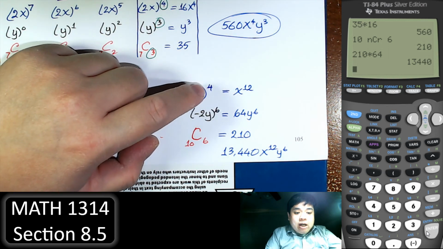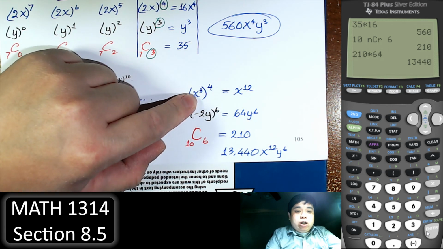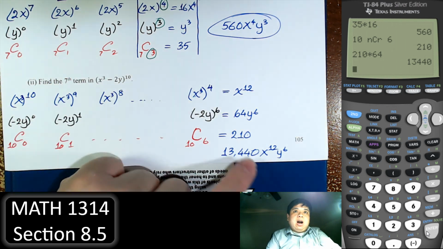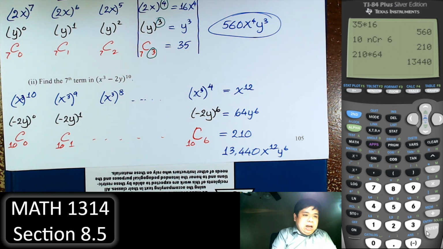Just be mindful that with an exponent raised to an exponent, we multiply the exponents together, and finally multiply everything in the column. That's what we have. Now, with that, we finish everything